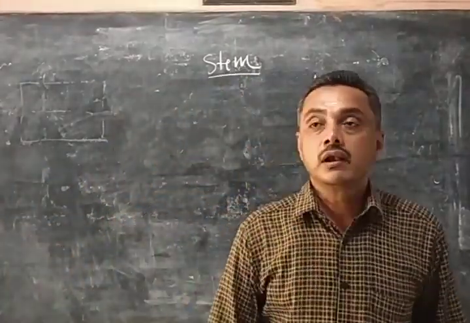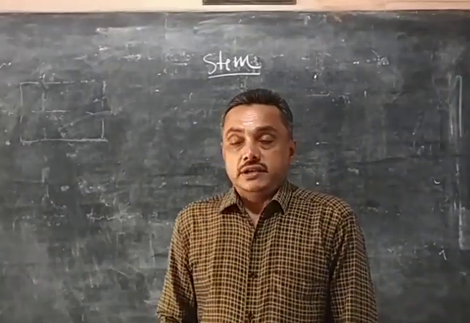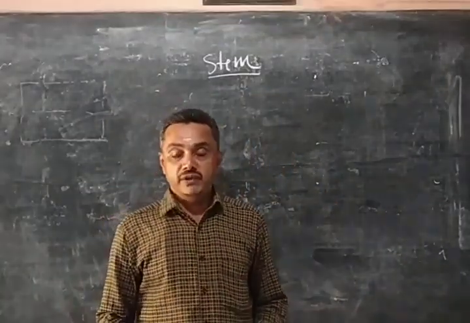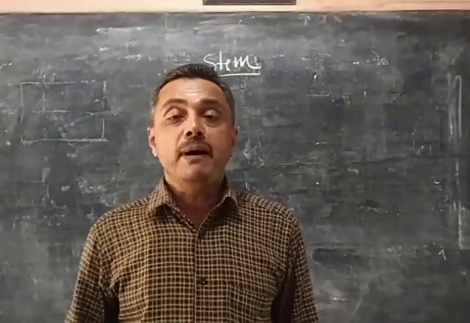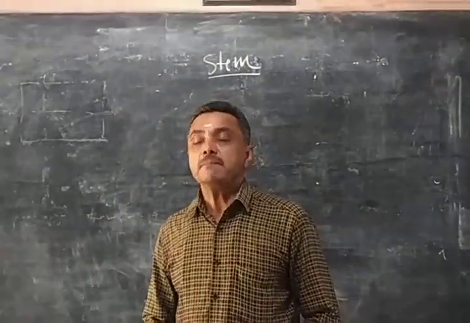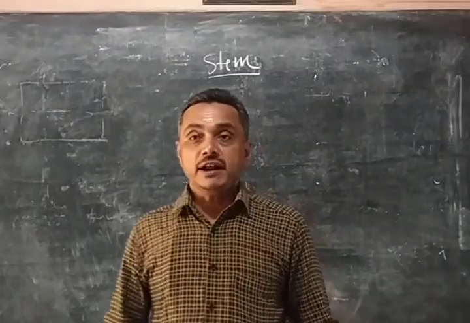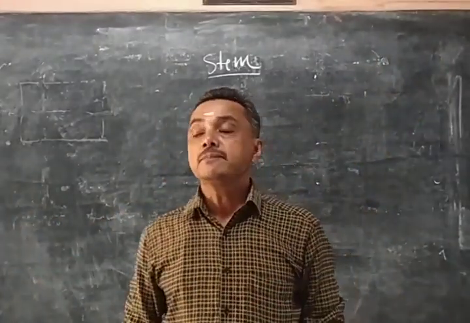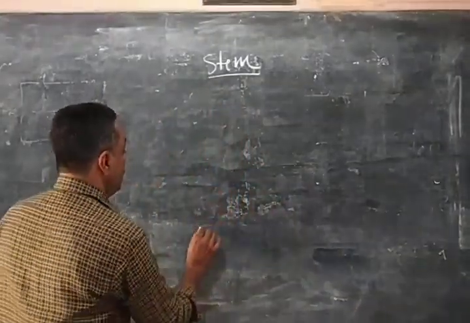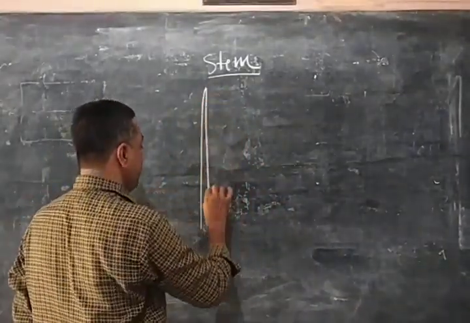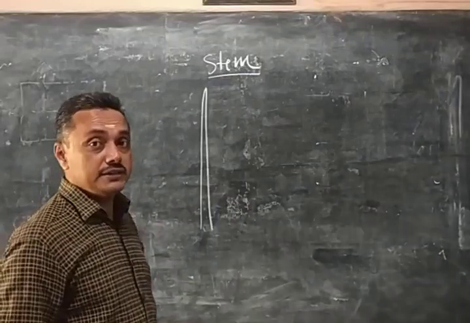Good morning to all. In the last class we discussed the root and root modifications. Today we will discuss the second part of the shoot system, called the stem, and the modifications of the stem. First of all, the main axis of the shoot system is called the stem, and the stem possesses